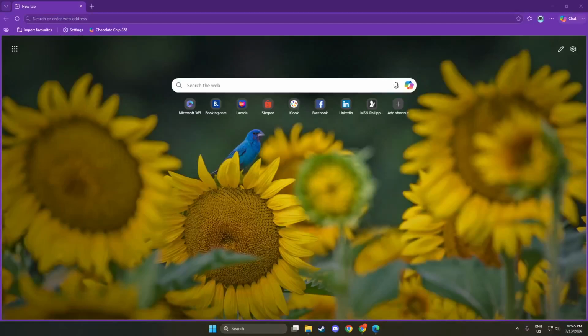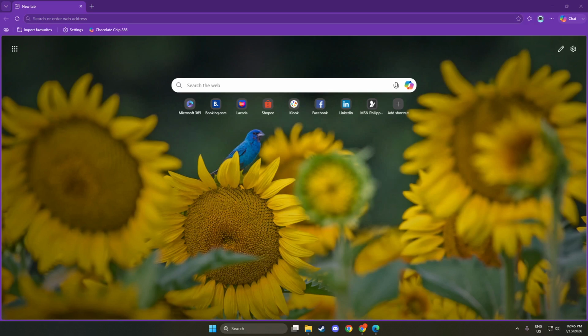In today's video, I'm going to teach you how to see Gmail password in Microsoft Edge. First, let's start by opening Microsoft Edge. Look for the Edge icon on your desktop or in your taskbar. It looks like a wave and is usually blue and green. If you can't find it there, you can also search for it in the Start menu.